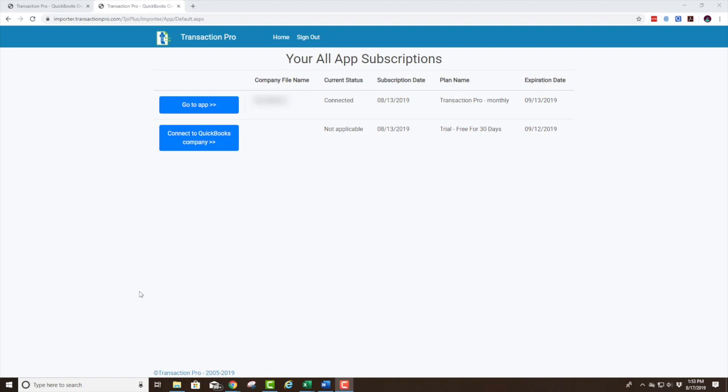Today I am going to show you an amazing tool called Transaction Pro. This is a tool that you can use in both a QuickBooks Online and a QuickBooks Desktop file. As most of our viewers know, Good Sense Bookkeeping is a completely virtual firm, so we only use QuickBooks Online here. So that's going to be the focus of today's video: how Transaction Pro Deleter works with a QuickBooks